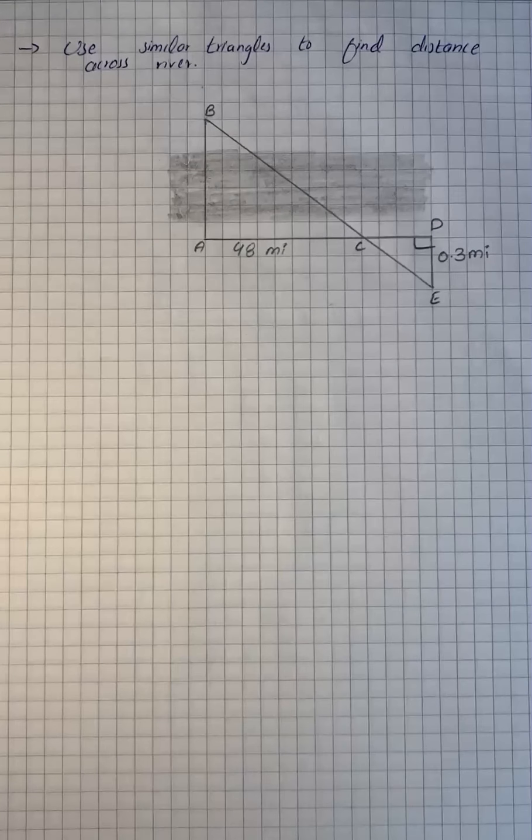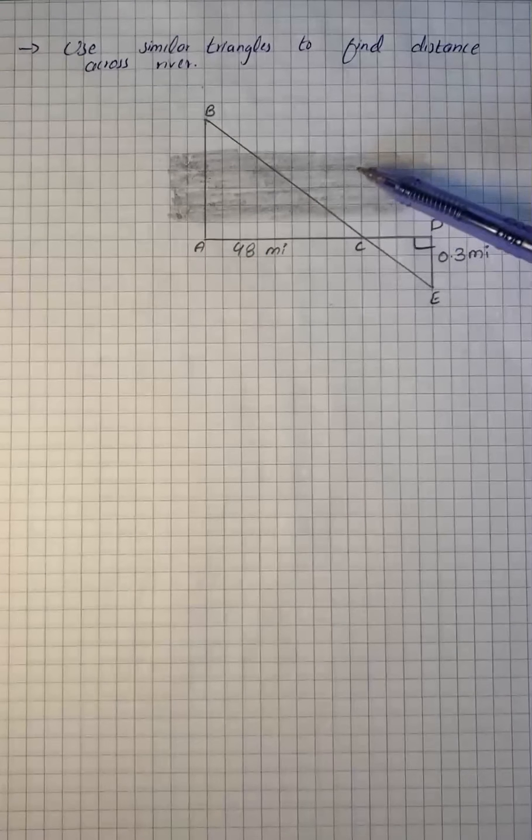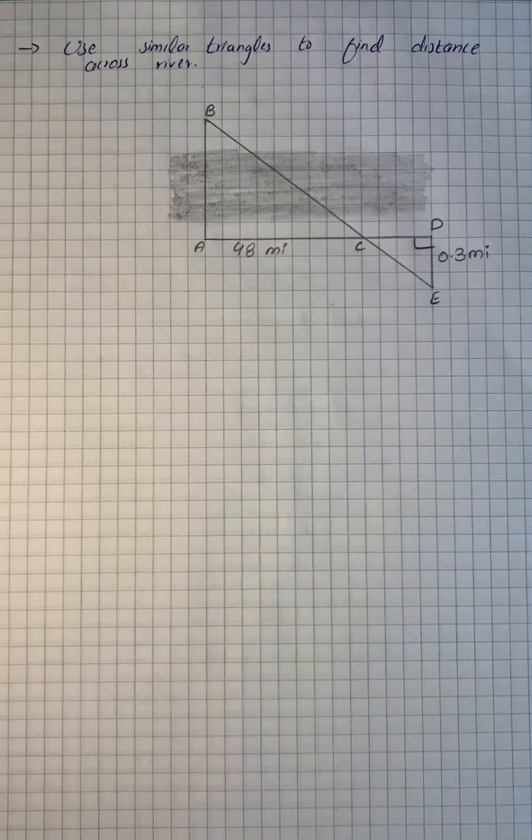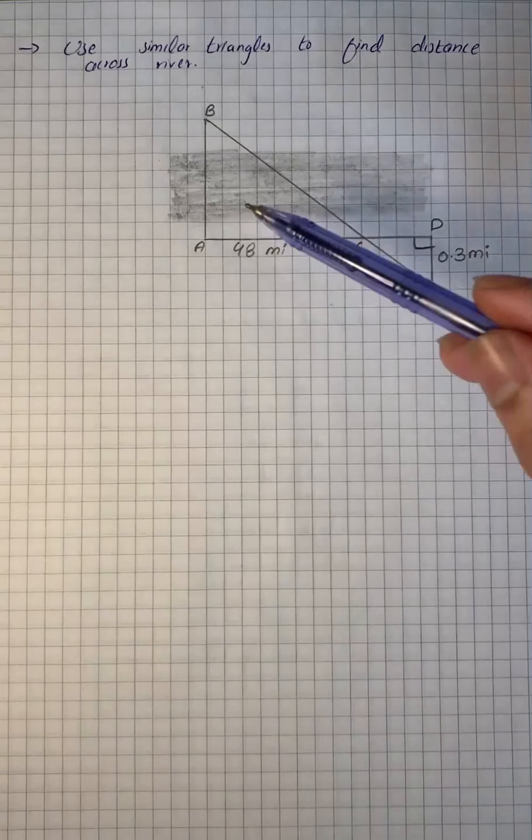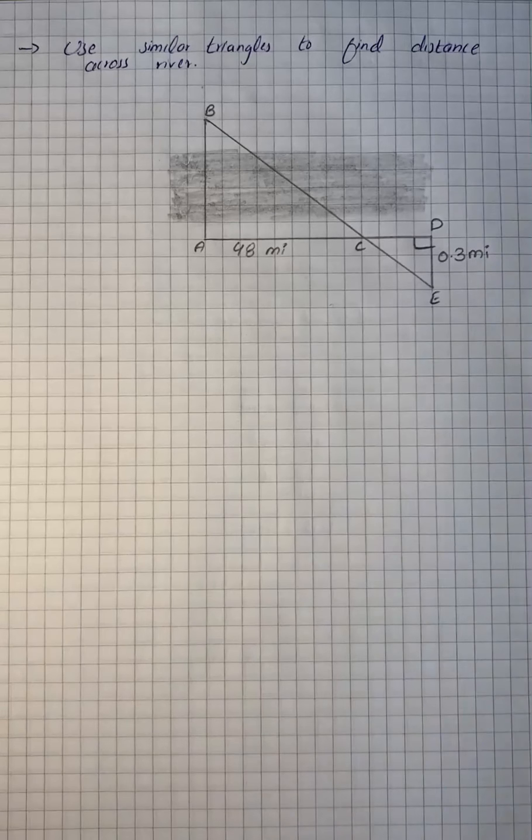The question says to use similar triangles to find the distance across the river. The shaded part actually represents the passage of the river. So we can say that angle A is approximately equal to angle D, since all right angles are congruent, and